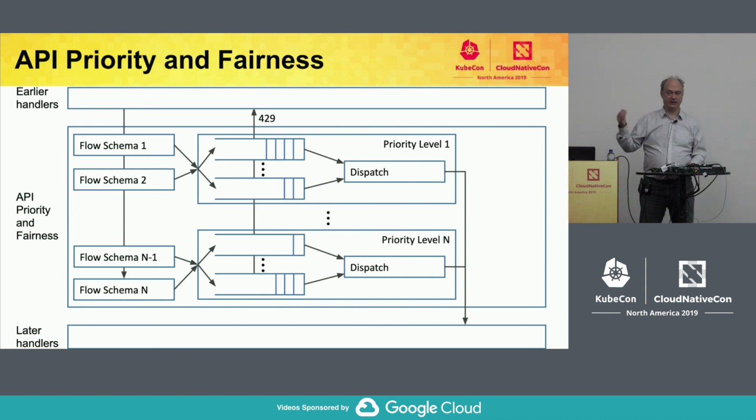Each priority level has a request concurrency limit, and then a choice for how to handle things that exceed the limit. We can either drop them or queue them. Also, some priority levels are exempt from this limitation at all, and that's important. All right. And if it's queuing, there's a set of queues that are configured. We use a technique called shuffle sharding, which lets you actually get a lot of independence with a relatively few number of queues. So away we go.